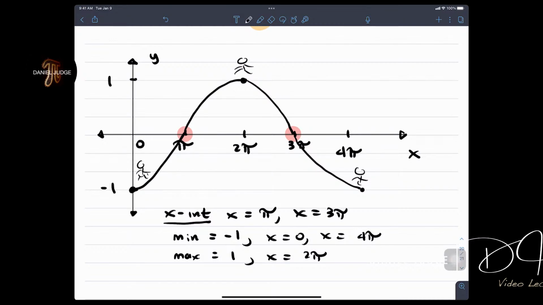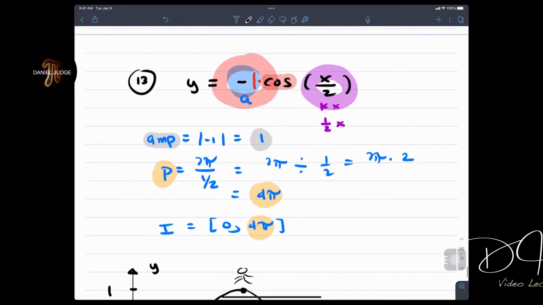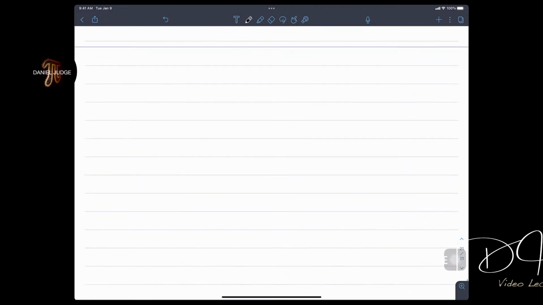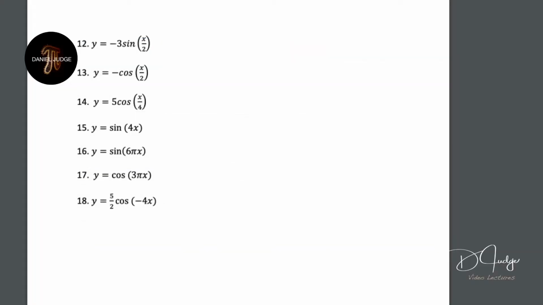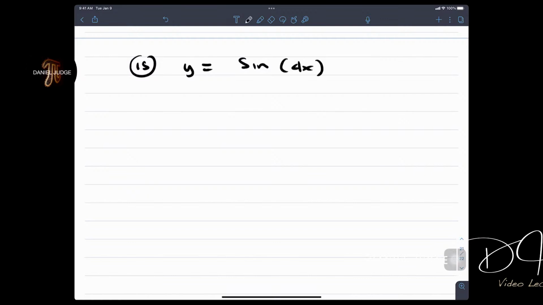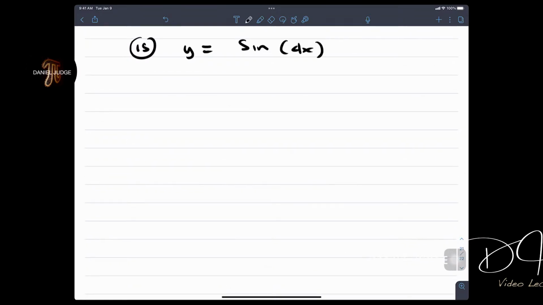And there you go, number 13. All right, ladies and gentlemen, that brings us to 15. Y is sine 4x. Let's double check. All right. This time, ladies and gentlemen, with y is sine 4x,